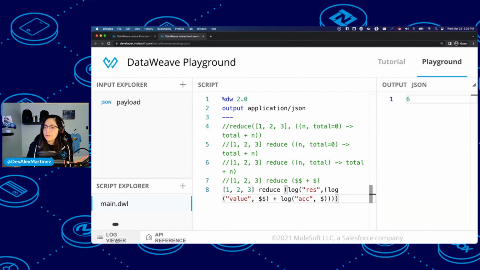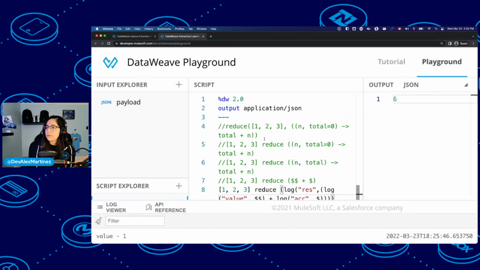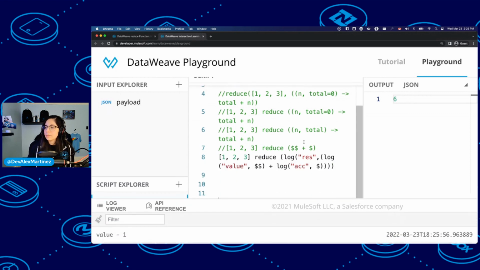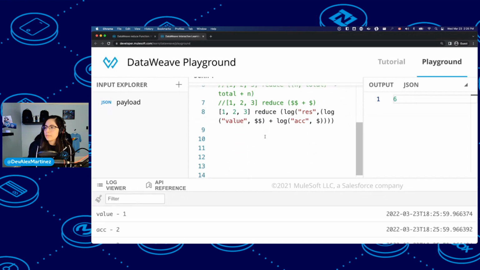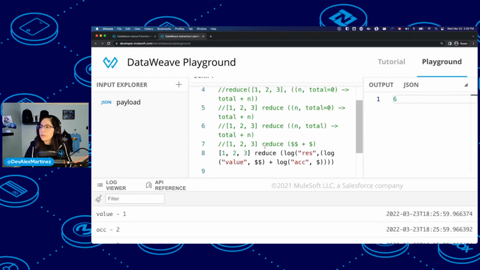So now, if I take a look at the logs, what's happening? All right. We have 1, 2, 3, and then reduce, and then let's output what comes here as result.